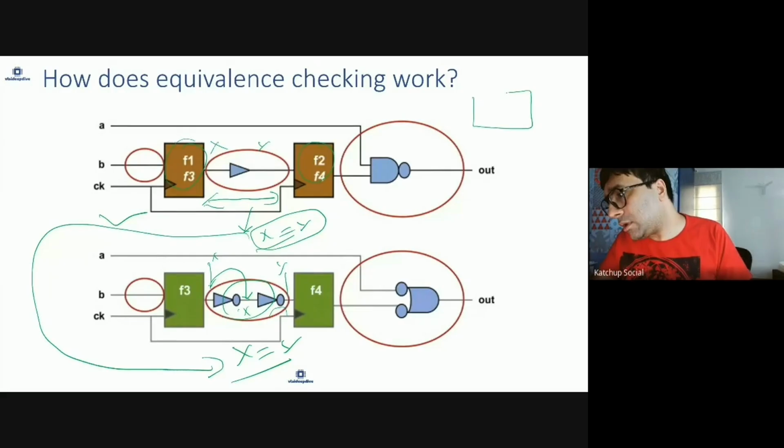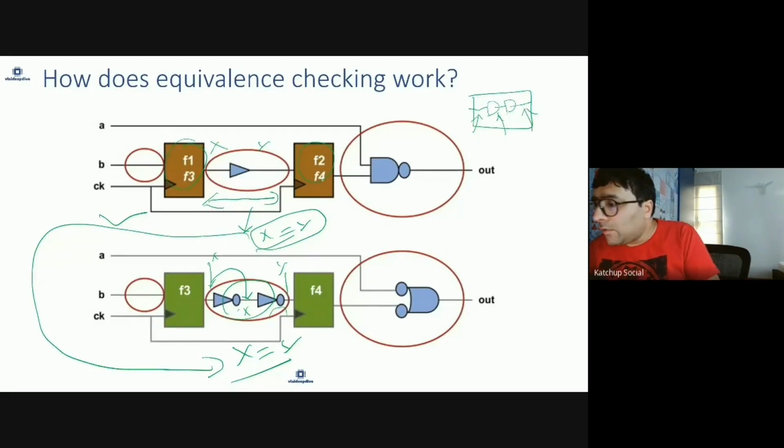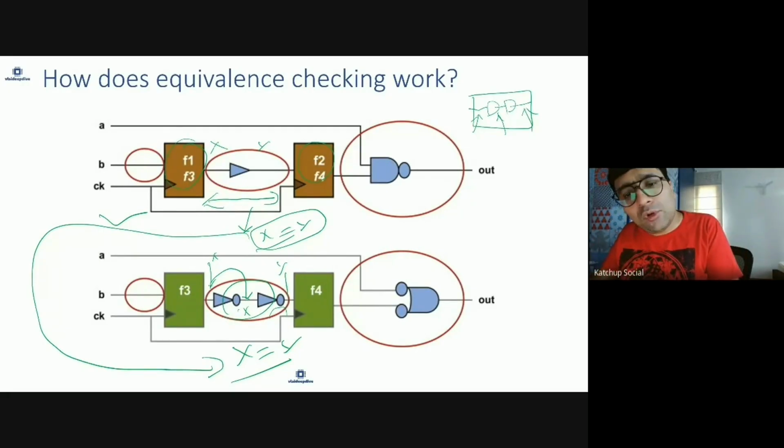Similarly, it will break the design into multiple parts. So you have this design, and it will break it into flop to flop, input to flop, or flop to output. This part, this part, this part. For each of these parts, it will create a Boolean equation, both at RTL level and gate level. Let's say this is equation 1, this is equation 2, and it will verify that these two equations are